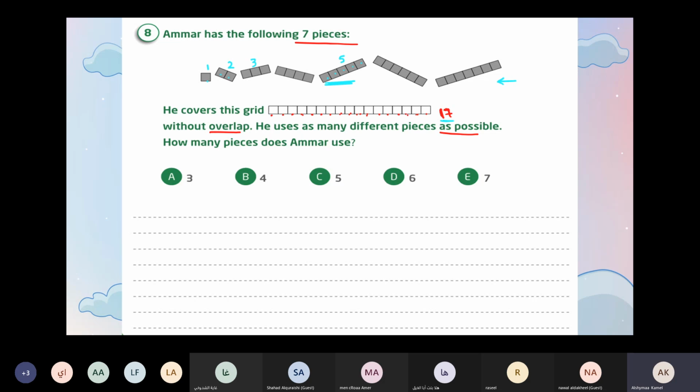You need how many to have 17? From 11 to 17. We have now until 11. Miss, can I say the answer? Wait. We want to know how you answer, not only the final answer. Okay. Raya, you need only one piece. Now we finish 11. We need only one piece. This piece will be how many squares? How many parts?